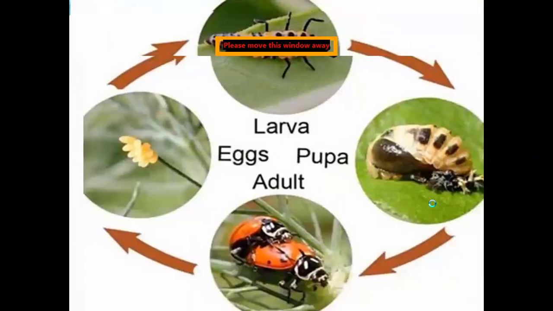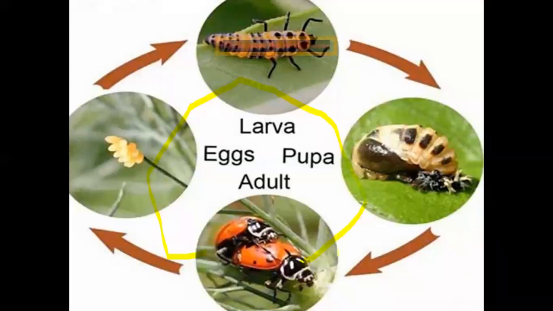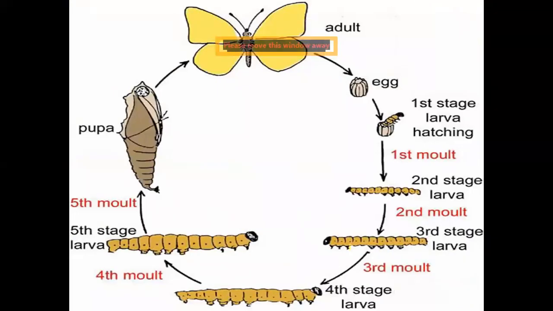Okay, now next one, how does it look? This is a coleopteran insect, the ladybird beetle. When this ladybird beetle lays eggs, then come grubs, then pupa, and then again the adult form. Now next, about Lepidoptera: when this butterfly lays eggs, the egg hatches into the first larval stage, or we can say the first molting, first transition stage, first transformation stage.